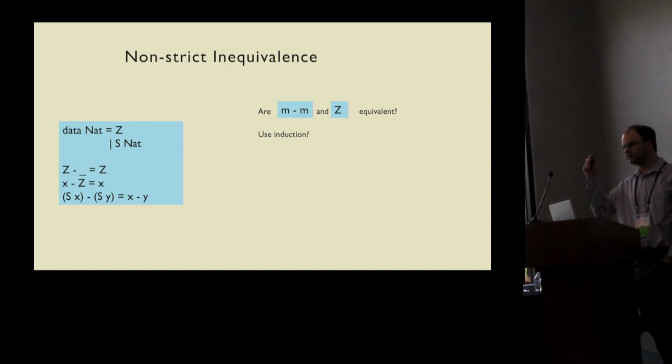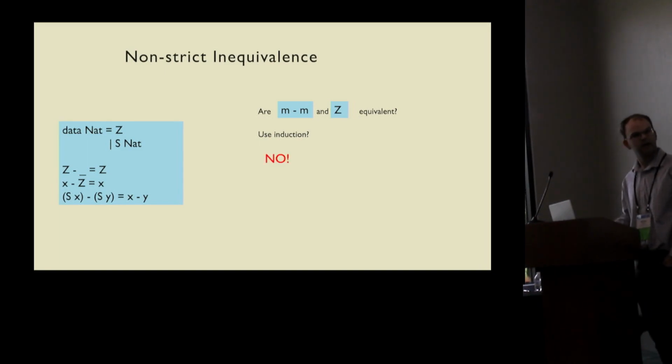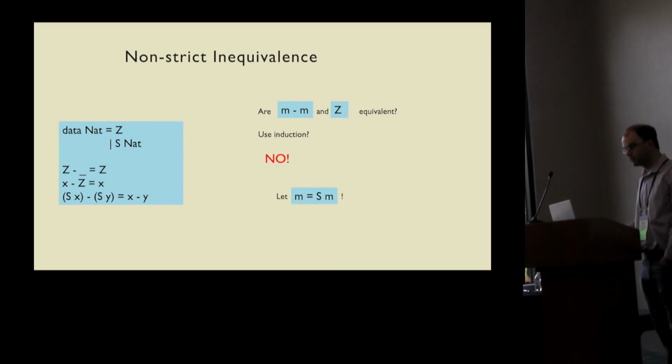Yes, if these were equivalent, it also seems tempting to use induction to prove that they're equivalent, right? You have a base case with 0, you have an inductive step where you add a suck on to some variable. And you can't do that because if we have m equals sm, in other words, if you have basically an infinitely large NAT,